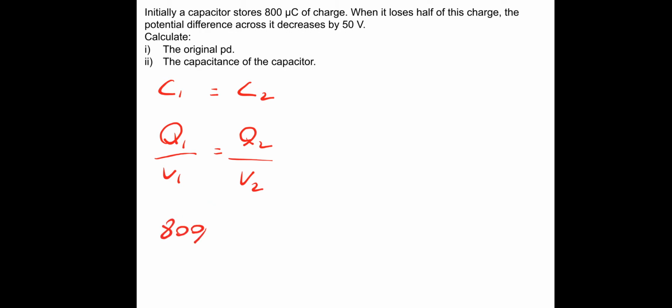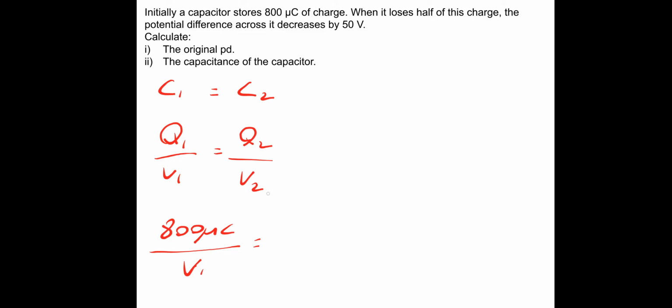So hopefully you had a go at this one. So the original starting point will be that the capacitance is the same in both instances, with the original charge and when it loses half of the charge. So I can write the capacitance in scenario 1 essentially is the same as the capacitance in scenario 2. And we know that the equation for capacitance is charge over voltage, so I can say charge 1 over voltage 1 is equal to the second charge divided by second voltage. So charge 1, we know, is 800 microcoulombs divided by voltage 1, which is what we're going to figure out,